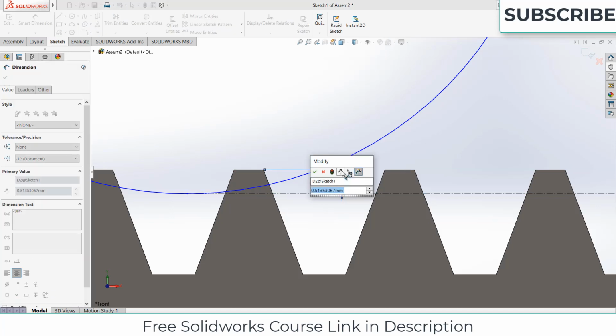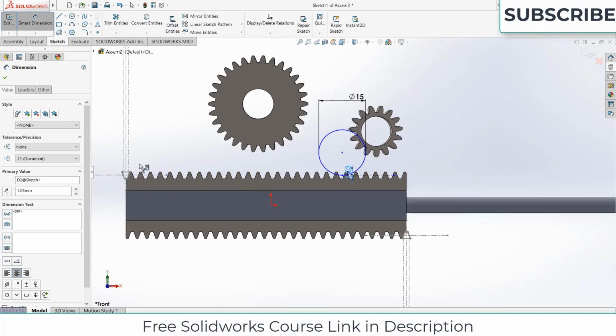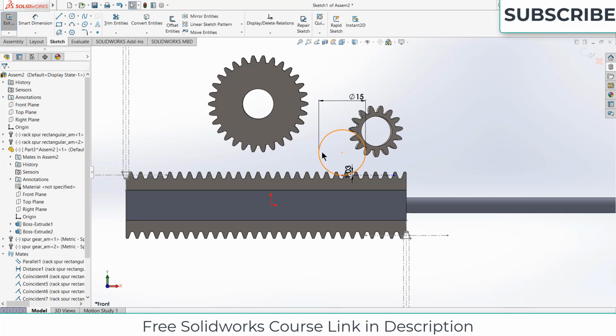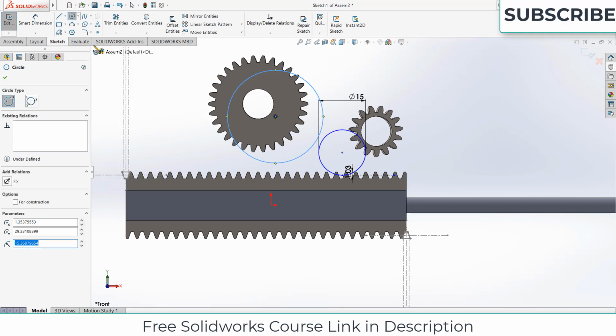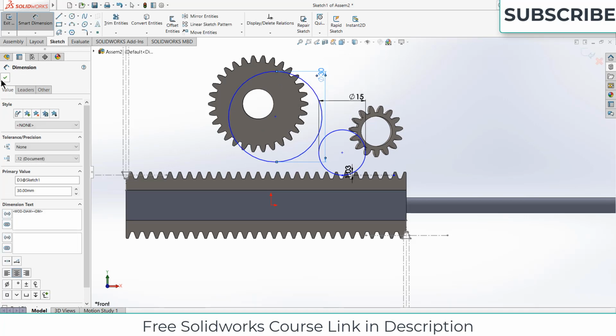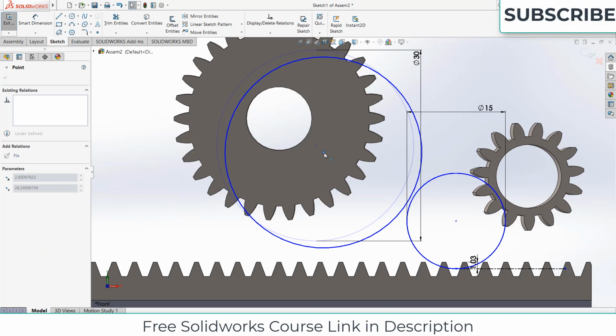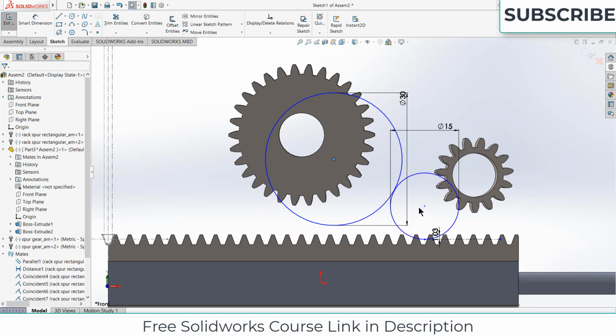Now enter the value of 1.03 mm. If anybody doesn't understand why 1.03 mm and other things, again I recommend please go through your books to understand these concepts because it is an engineering thing. It is not something I can teach in this whole video. Now draw a gear of diameter 30 mm. Click OK. Select this point and just make sure that they are just touching each other. Click OK. In reality, when you make them, you give them exact distance. But in my case, it is just a simple mechanism, so that much accuracy does not matter for me.